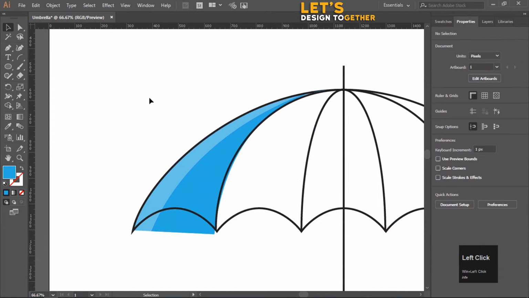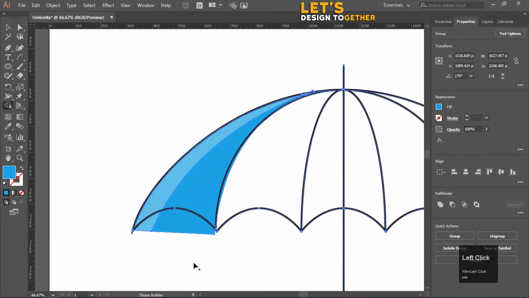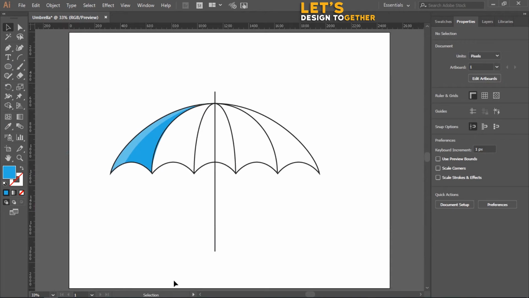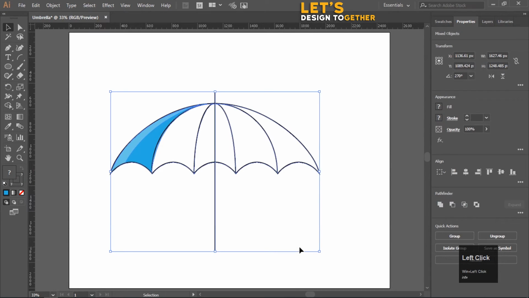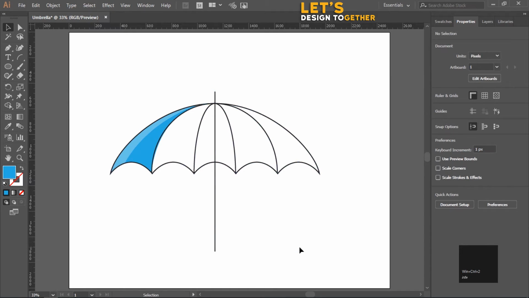Once that is done, now select all those shapes, right? And click on the shape builder tool with alt key. Now subtract this area, whatever you are going to minus, right? Now what you have to do, you have to apply the same step with the other as well, right? So I will lock it again so that it will not disturb me, and click on Ctrl 2 for locking,